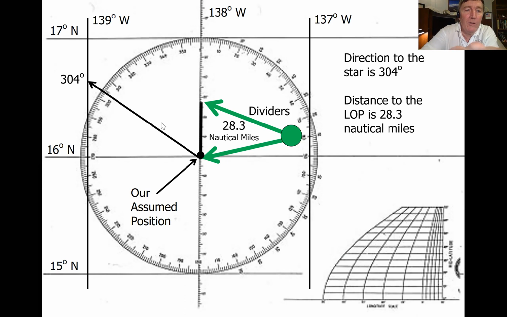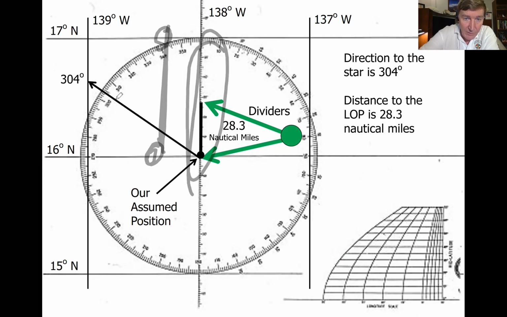So if the distance from this line to this line is 60 nautical miles, you can just read it off the chart. There's 10, 20, 30, 40, 50. So if we put the mark a little bit short of 30,